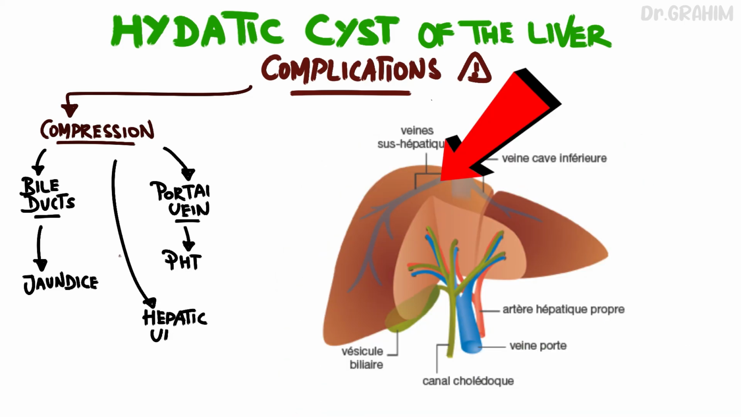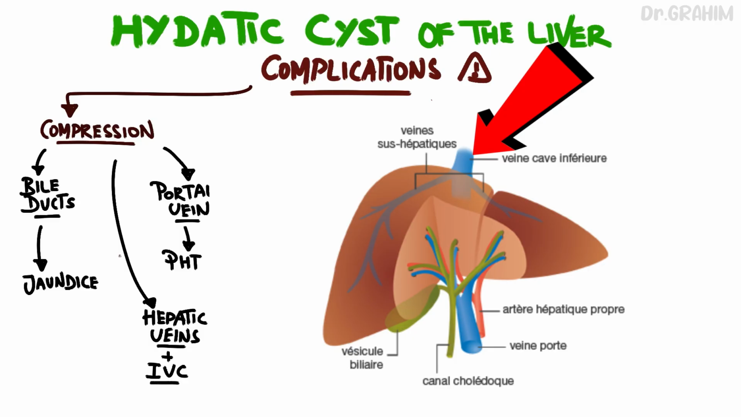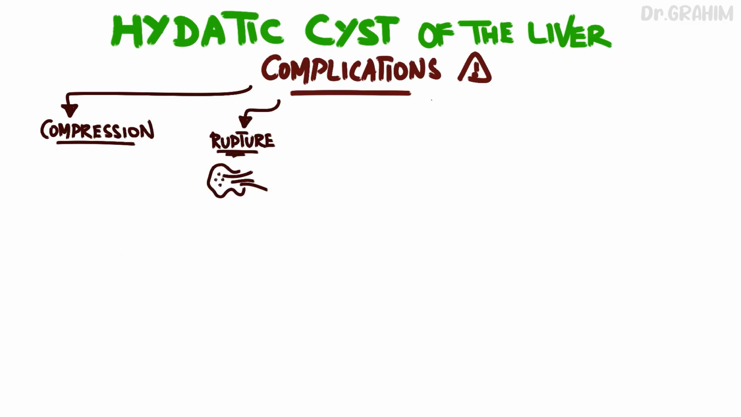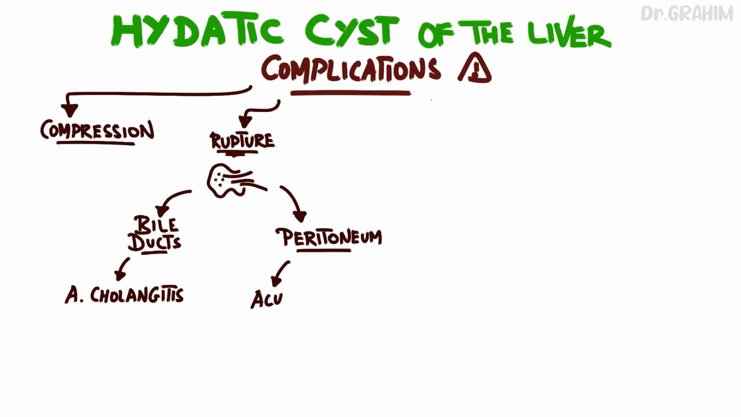The compression of the hepatic vein and inferior vena cava can cause Budd-Chiari syndrome, manifested by abdominal pain, hepatomegaly, and an increased risk of liver failure. The opening into the bile ducts may cause acute cholangitis, an infection of the bile ducts characterized by fever, abdominal pain, and jaundice. If the cyst ruptures into the peritoneum, it can cause generalized acute peritonitis, which is a severe